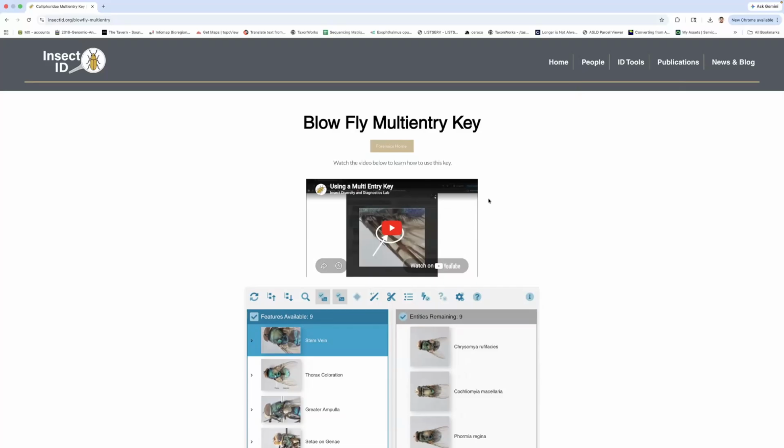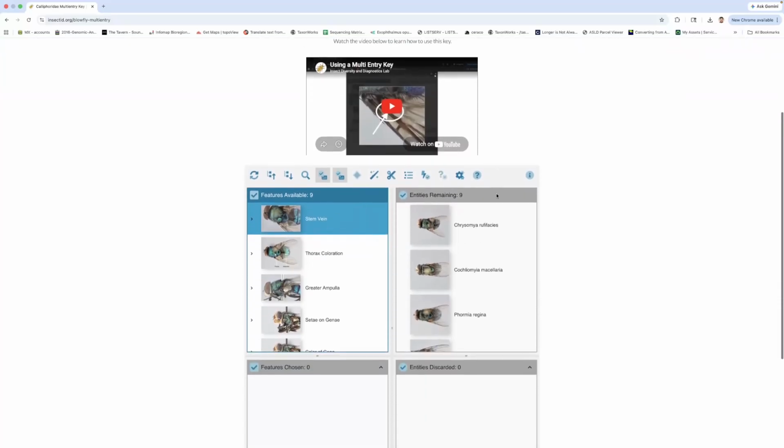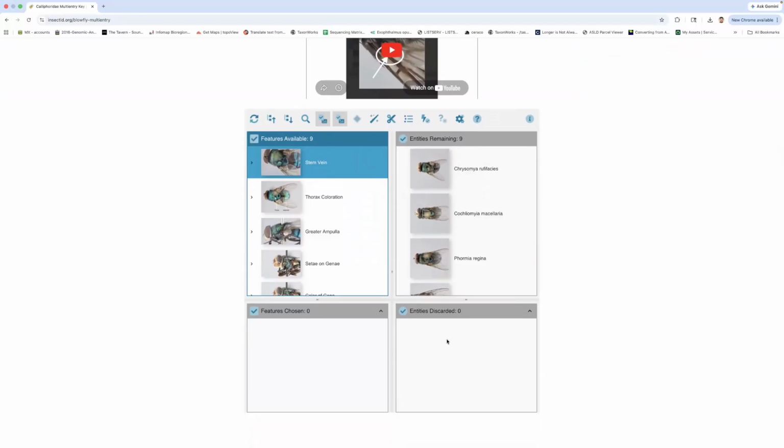In this video, we will learn how to use the multi-entry key to blowfly species. So we scroll down the web page. In this box here, we find our multi-entry key. What multi-entry means is that we have this list of features here, and we can select them in any order